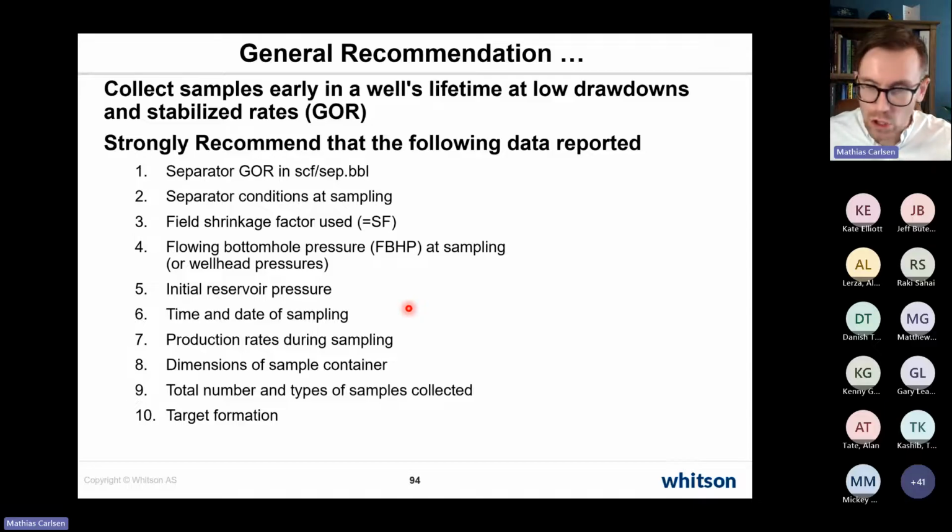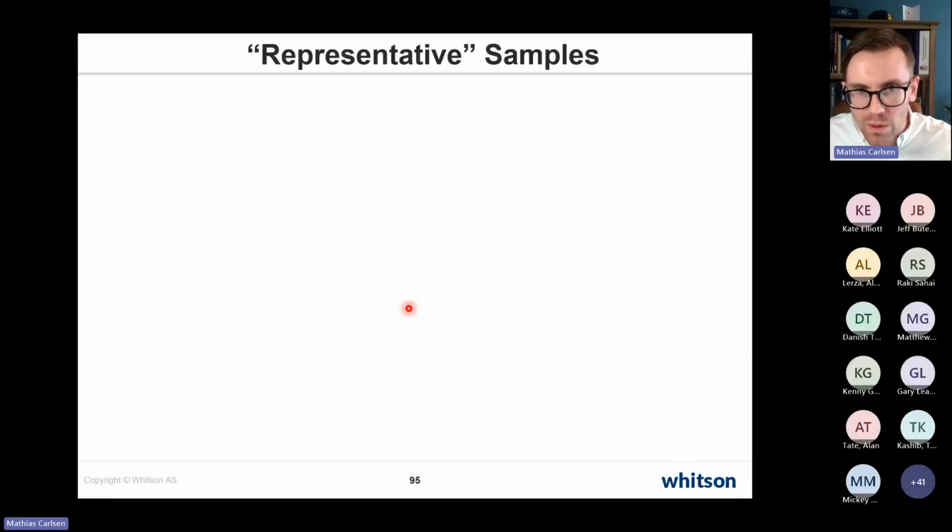But just like with the fluid initialization, collect samples early at low drawdowns and stabilize GORs. That's it. And again here, remember that even though the GOR has been recombined at some non-in situ representative GOR, you can still use it. Don't throw it away. I think literally probably hundreds of millions of dollars worth of PVT data is not used because people think it's bad data just because it's not recombined at the in situ representative GOR. But it's super valuable data. So you want to have all that data in general, as long as it's not mud contaminated. Not an issue really for